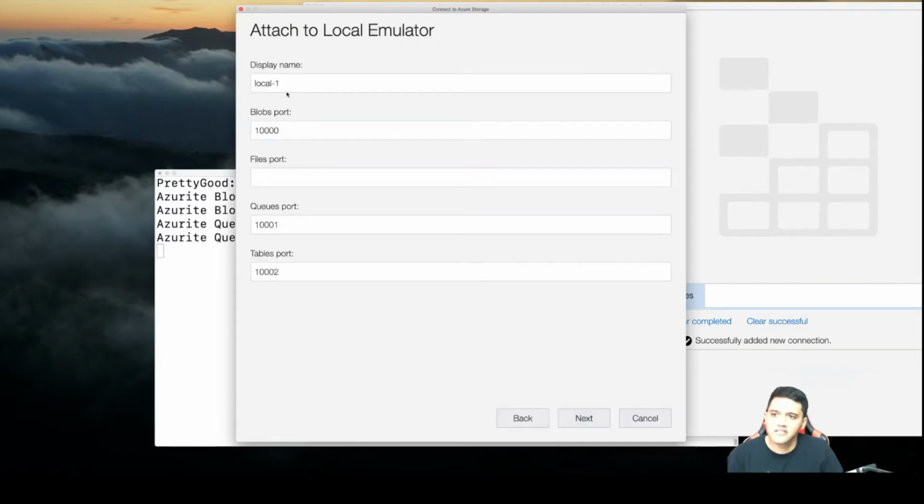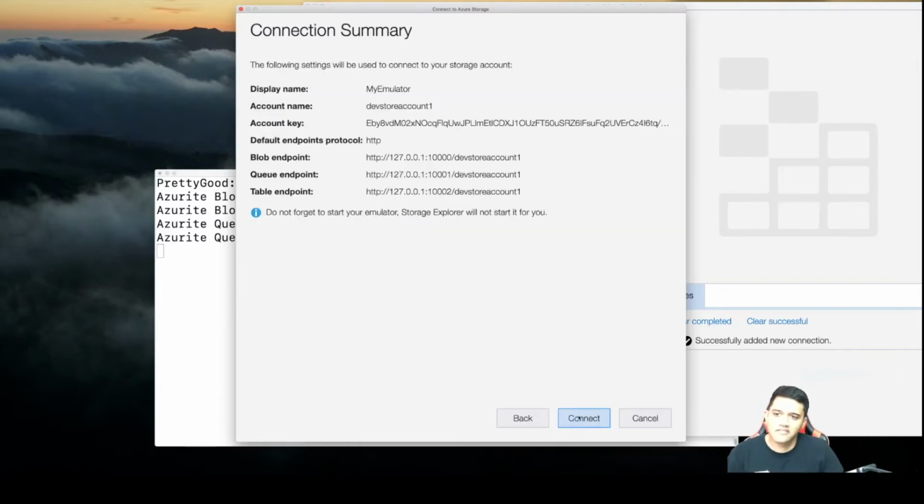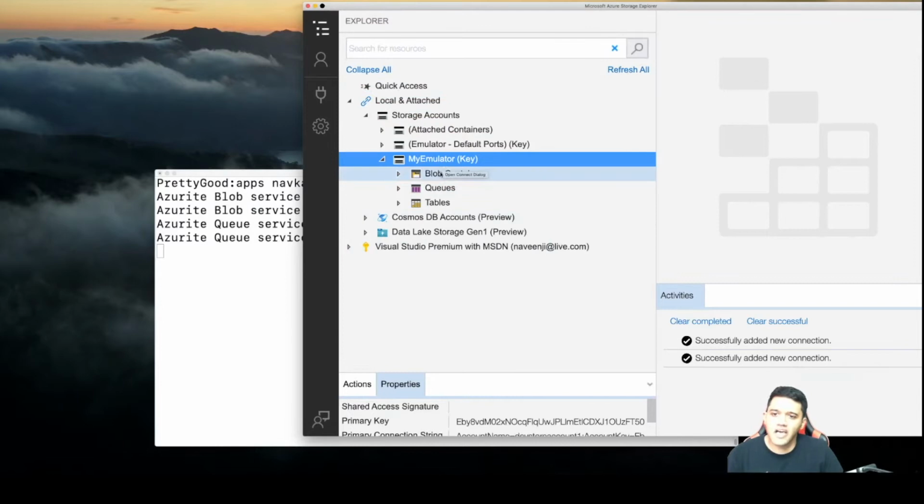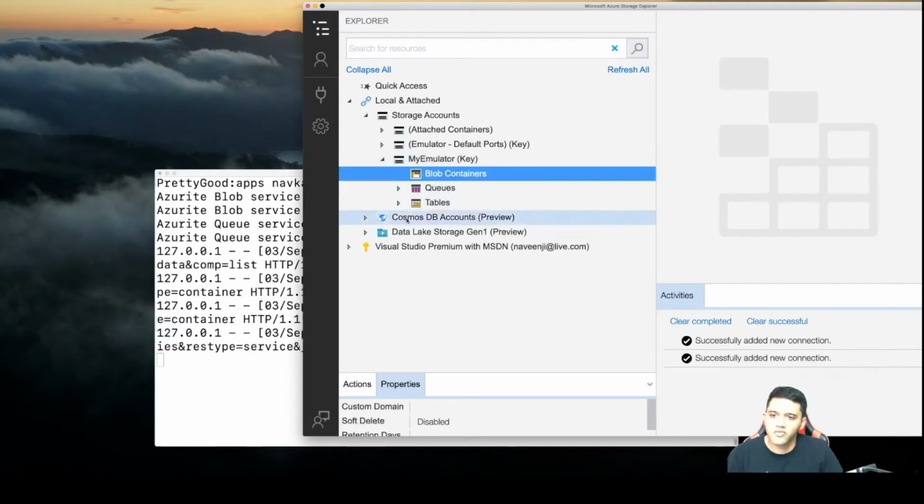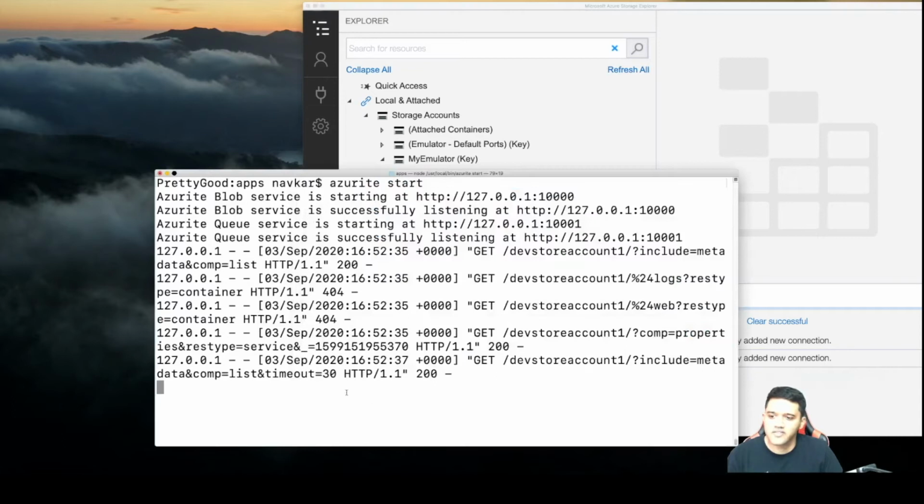Click next, select type here my emulator, and click next, and make sure you note down all this. Just copy this, click on connect, and now you can see I have blob and queues connected here. If I click on the blob here, I will see a request on the command line. See, I see a request here, and also for queues I see a request here.